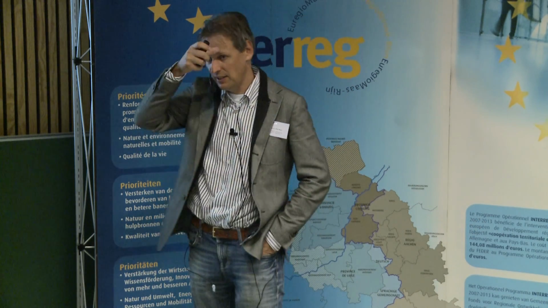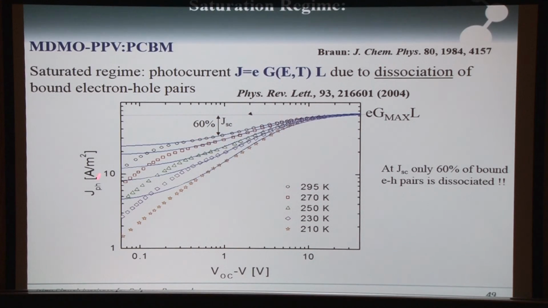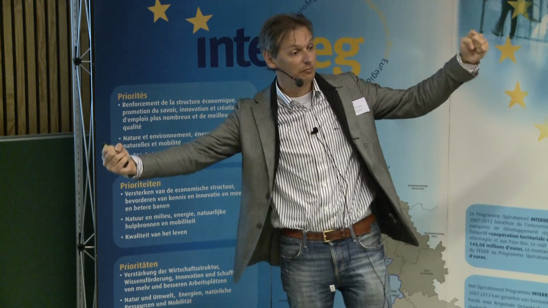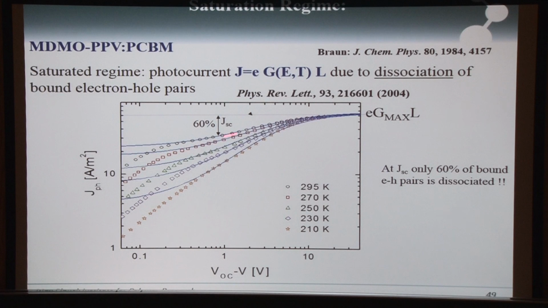But here you see it's more interesting. You see a measurement. So this is a PPV:PCBM cell, but now plotted in our way. So the current versus the electric field. And this is the linear part. But here we said this G, this generation rate, depends on the electric field, because when you have an electron and a hole and you try to separate them, the bigger the electric field you apply, the easier it goes. And we use this Braun model to try to simulate that behavior,